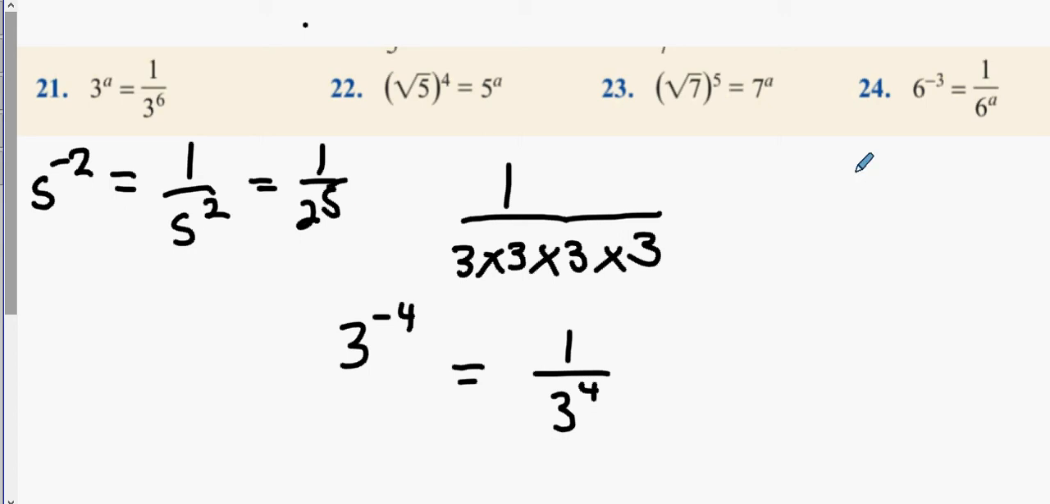If I was to ask you guys 2 to the power of minus 3, what would you say that is? 1 over 2 to the power of 3. Can anybody predict what 2 to the power of minus a is going to be then? What's the a value? 3. There you go. Lads, you guys are actually quite